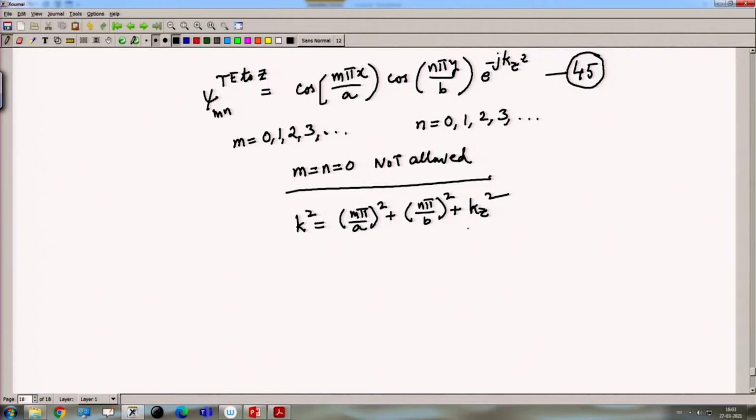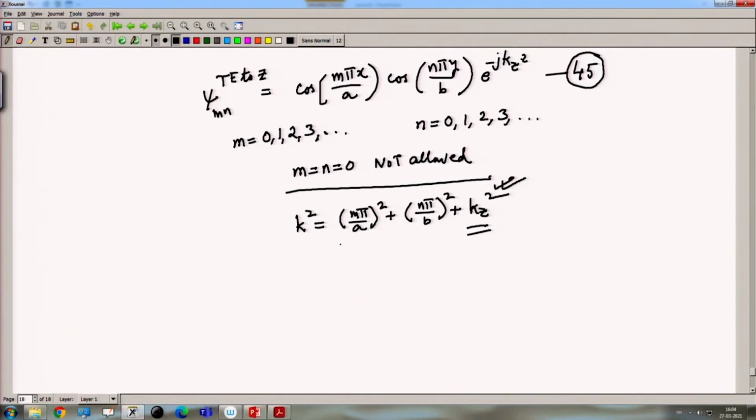So, therefore, note that for both the TM and TE modes k z depends on m and n. That means the propagation constant along the z direction depends on the mode number and of course the frequency, because k will depend on frequency, k is given by omega root mu epsilon. So, it will depend on the mode number and the frequency. Also, if the frequency is very high, k is very high. So, there k z will be very high